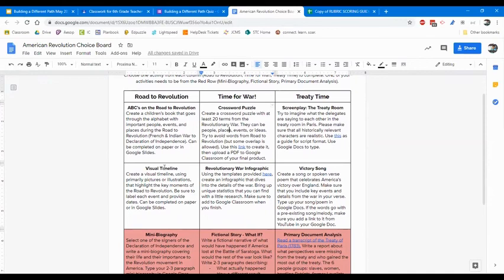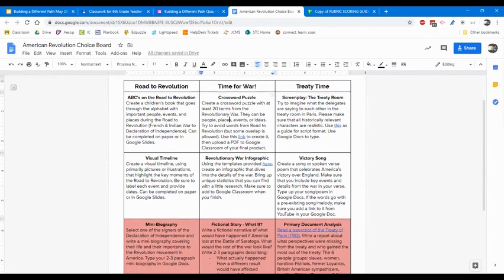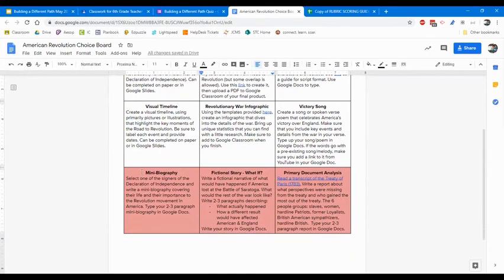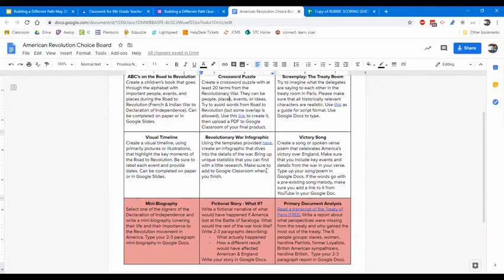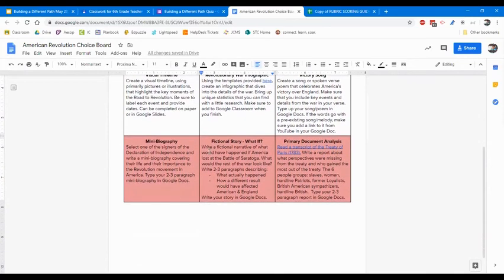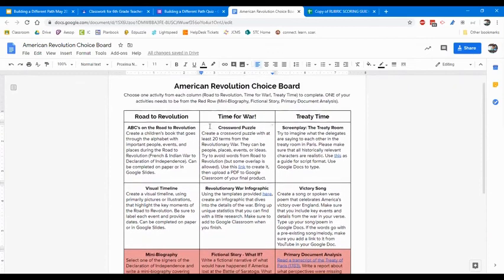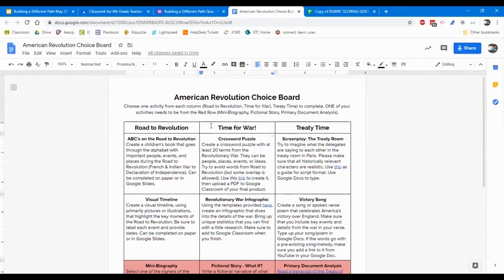Google Classroom submission. The other way to do it here is because I actually gave this red row down here at the bottom some additional points because it was a longer writing assignment. So these were actually worth, I believe, at the time 20 points, and the other boxes were worth 10. So in that instance, I might make that your red row column or your red row assignment. So the written assignment, and I try to make sure that was really clear, and that's where they submitted that work. And then the other 2 is American Revolution Choice Board project number 2 and number 3. So that way I would at least be able to provide the correct point total